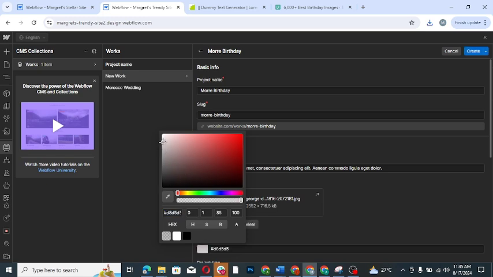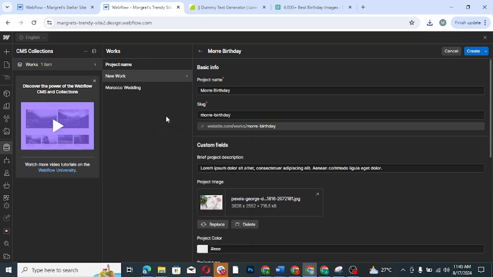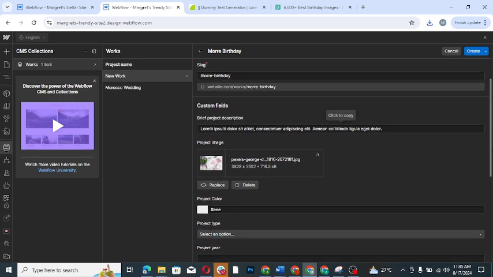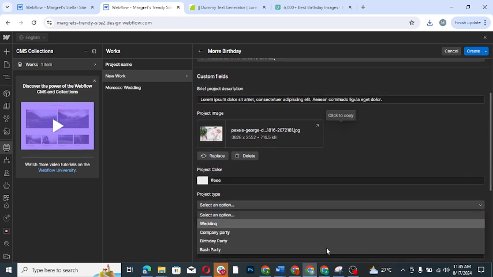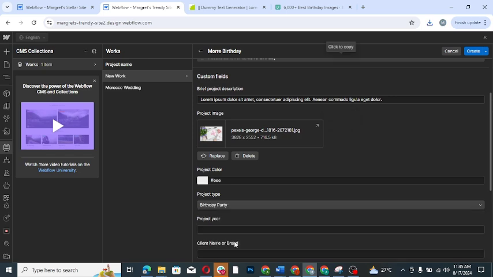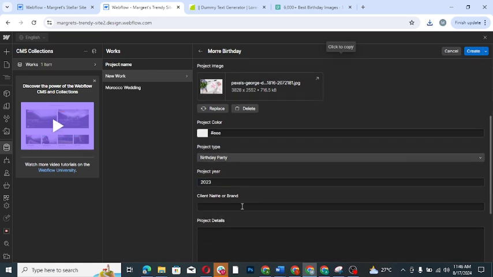Close to white. Yeah, it's not white, but close to white. I've added a project color just to give it a good feel. So birthday party. So project year, let's assume this was done in 2023. Client's name, Bobby Moore, M-O-R-A. So project details,